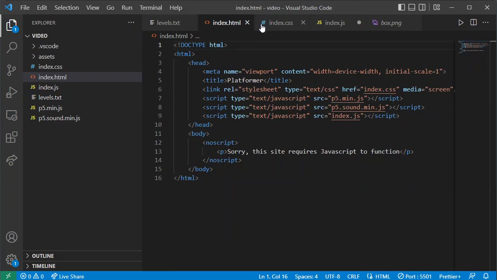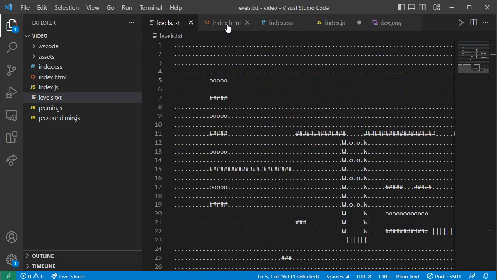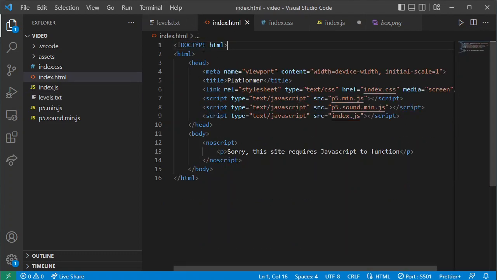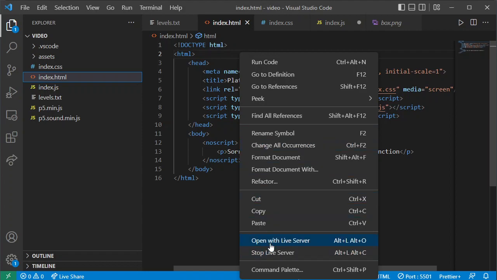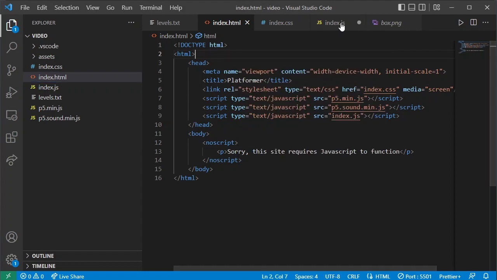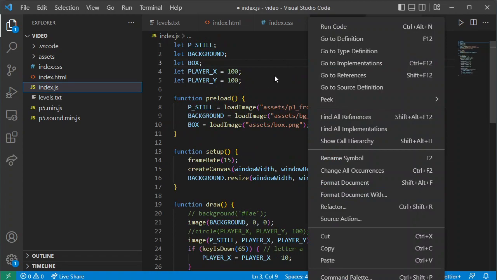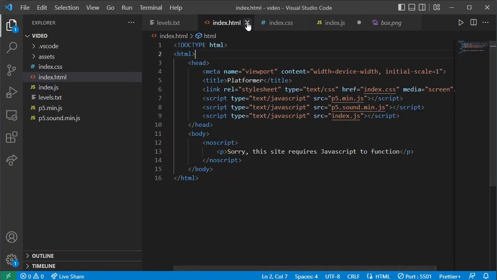I was just going to say, we're not going to make any more changes to the CSS or the HTML, so I can close them. Except every time you come back to this from a previous day, you need to remember you're going to have to open this HTML file to go open with Live Server. You can't open Live Server when you right-click on the JavaScript. You have to be in the HTML file for that. Anyway,